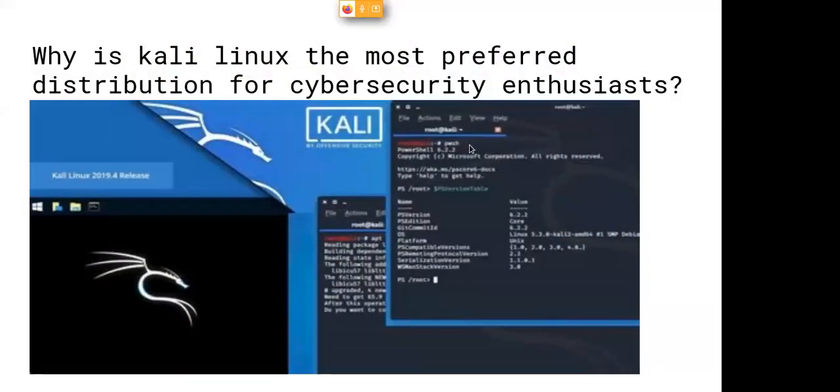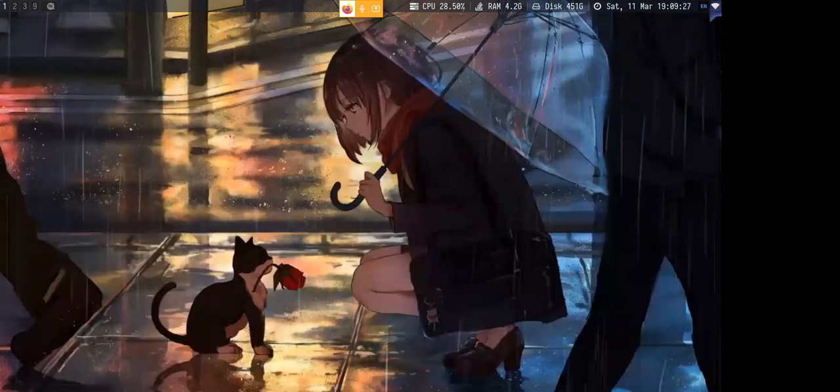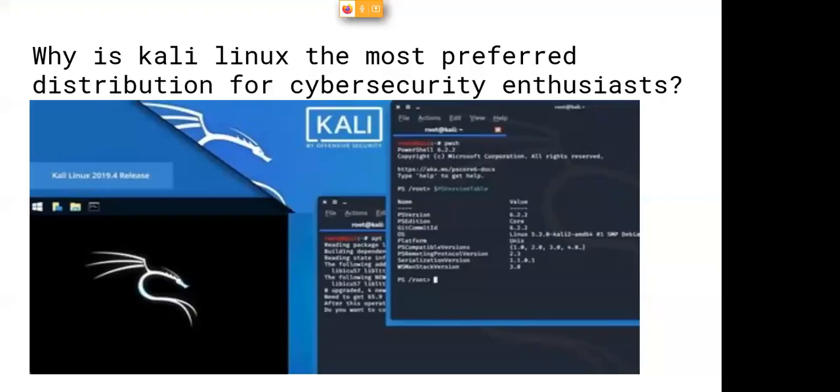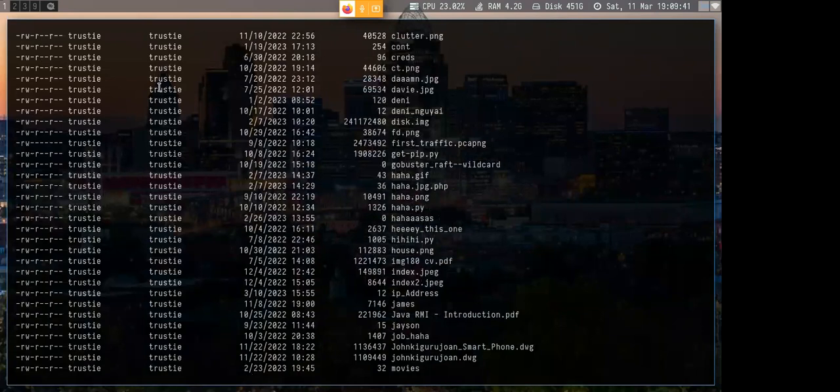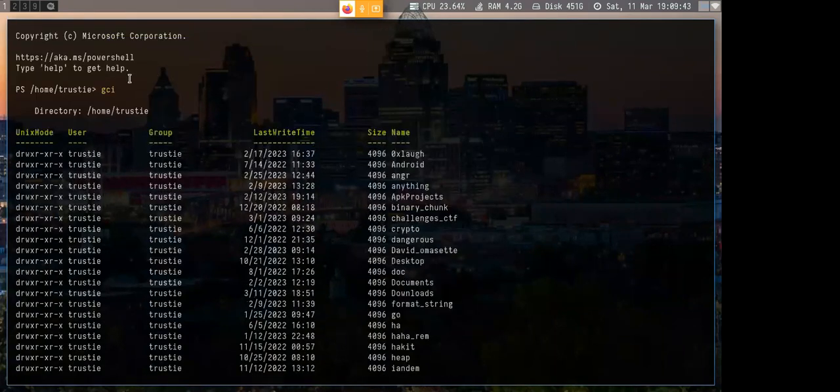And then in this first screen, we can see we are launching PowerShell. So I'll do that in a bit. Okay, actually you can do it right now. So he's launching PowerShell like that. And one thing with PowerShell, you can do GCI, that is Get-ChildItem. Anyway, this is out of scope. So let's go ahead